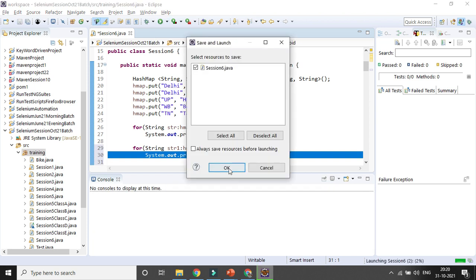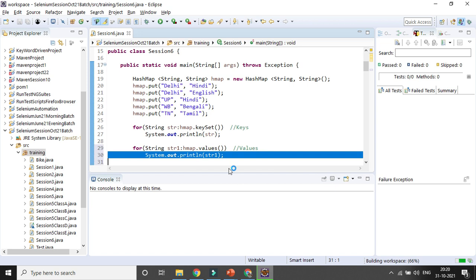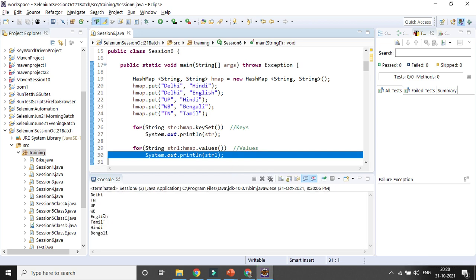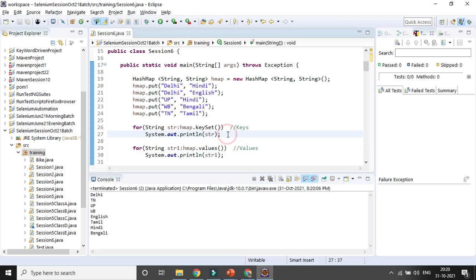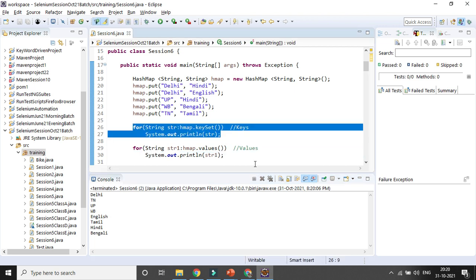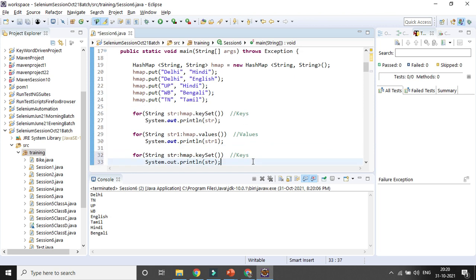Now if you want to get both the keys and values as a key-value pair combination, you can also get it. In the same way I can declare a new variable called string2. Then I can give some gap here with the concatenation sign, two spaces, and then concatenate it.